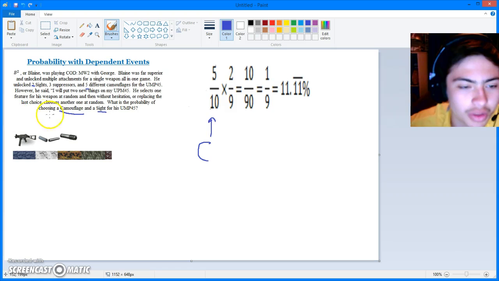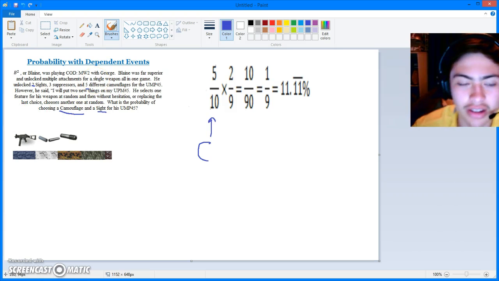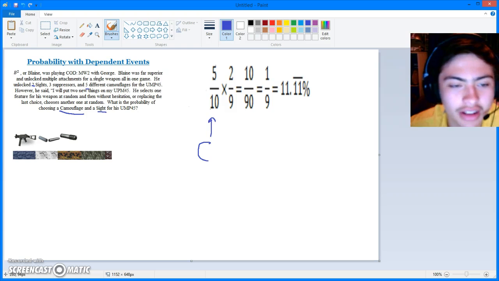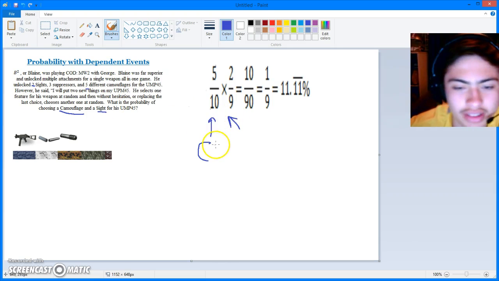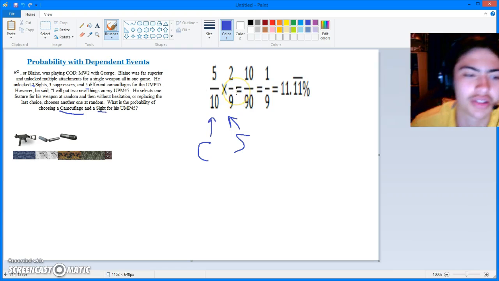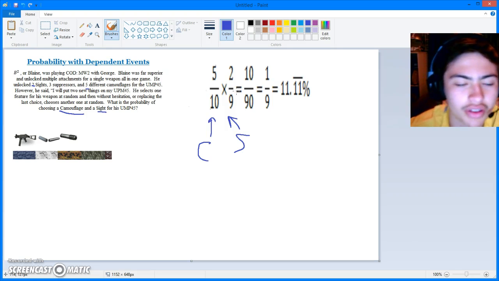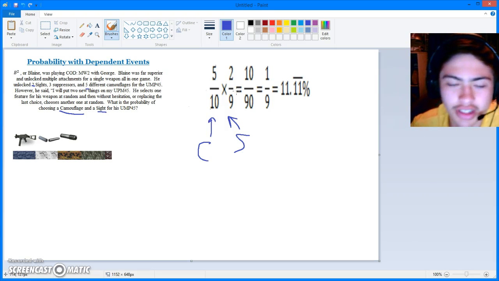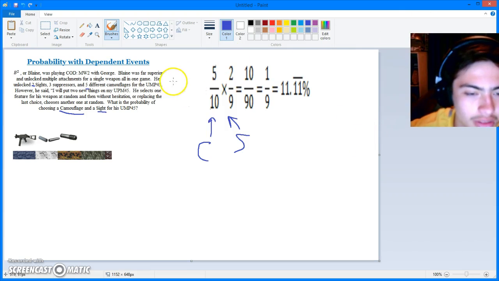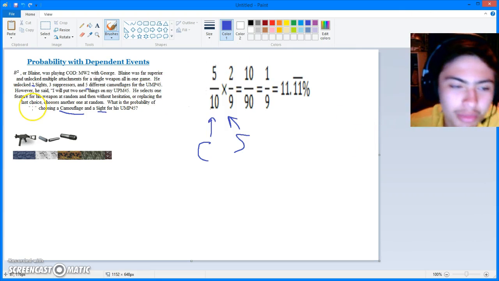So you want to find a camouflage, so you have a 5 over 10, symbolizing 5 camouflages out of the total 10. The 2 is the number of sights that you have, which you should still have, because in the first round you should have gotten something completely random. In the second round there's a 9 under it, which may be a little bit confusing. Since it says here that he does not put the original choice back into the hat,